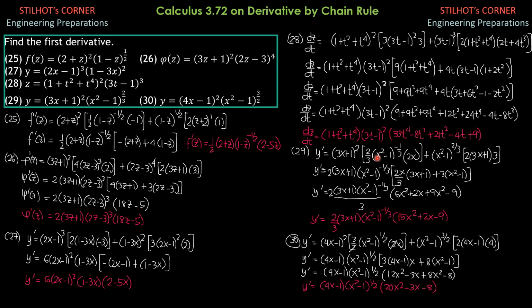Although this is 4/3, we just factor out 2 first. So we have 2. For 3x plus 1, this is 3x plus 1 squared. This is 3x plus 1 raised to 1. So 3x plus 1 raised to 1. For x squared minus 1, this is the least exponent. So that's the common factor. Then this first term here divided by this common factor. So definitely we have 2/3 of x. And we have 3x plus 1 raised to 1, because this is only 3x plus 1 raised to 1.